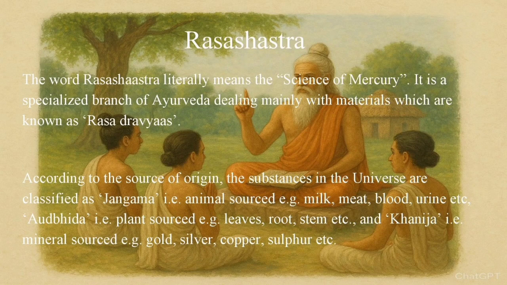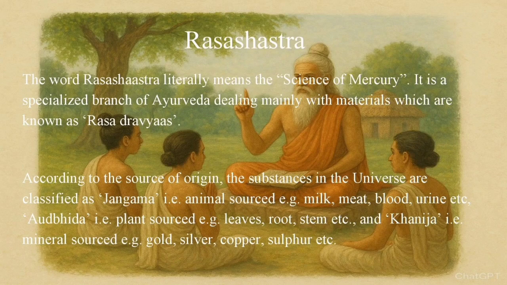The word Rasha Shastra literally means the science of mercury. It is a specialized branch of Ayurveda dealing mainly with materials which are known as Rasadravyas. According to the source of origin, the substance in the universe is classified as Jangama, animal source, example milk, meat, etc., or Audbhida, the plant source, example leaves, roots, stem, etc., and Khanija, i.e., mineral source, example gold, silver, copper,